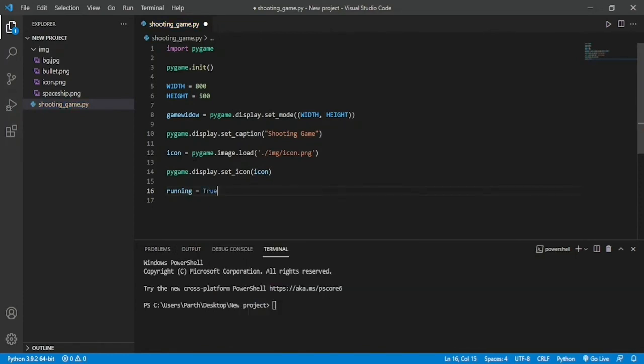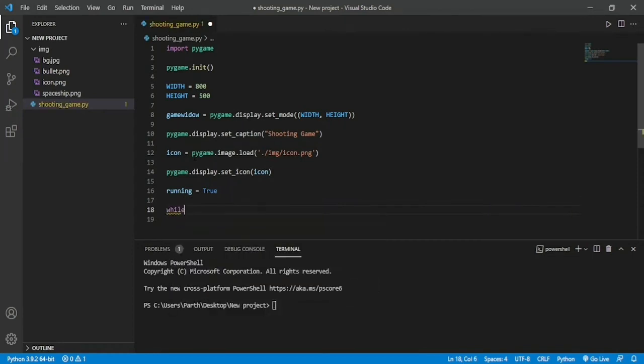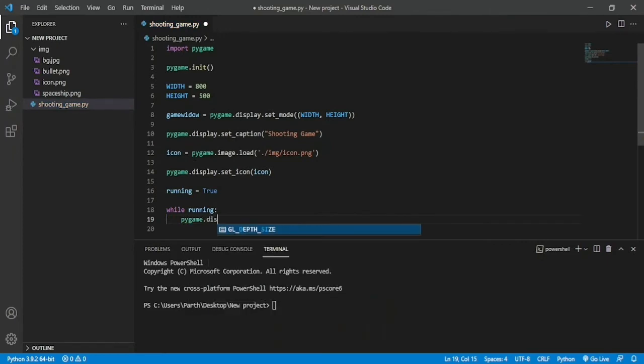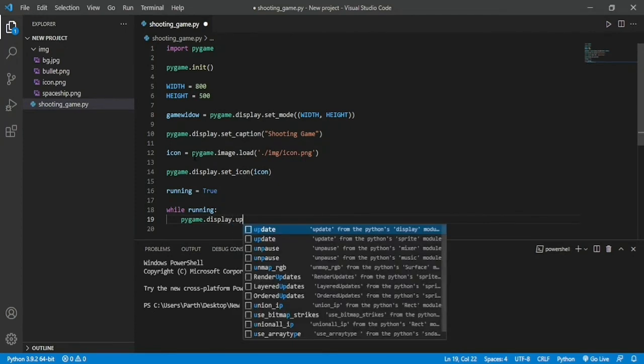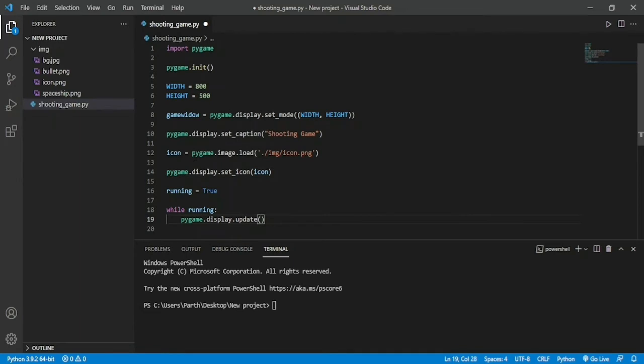It is a boolean variable, so just set it to True, and I'm going to make a while loop, and pass pygame.display.update. Now this is an infinite loop.